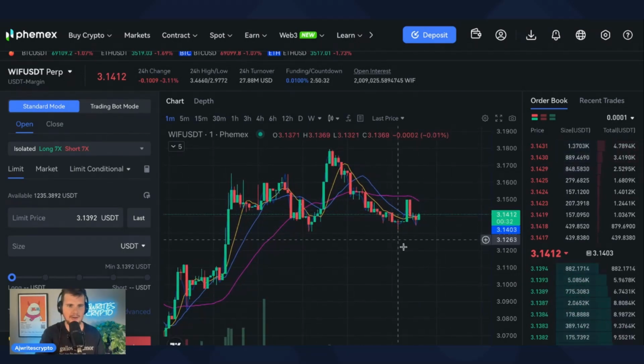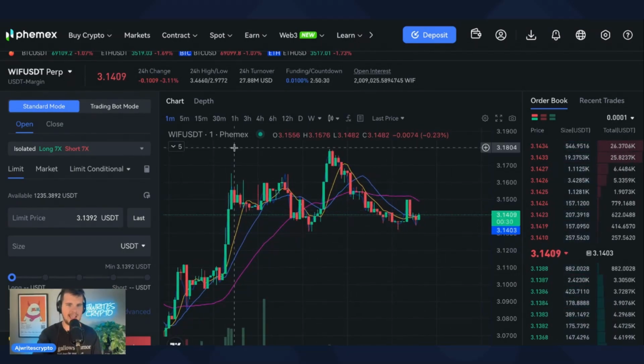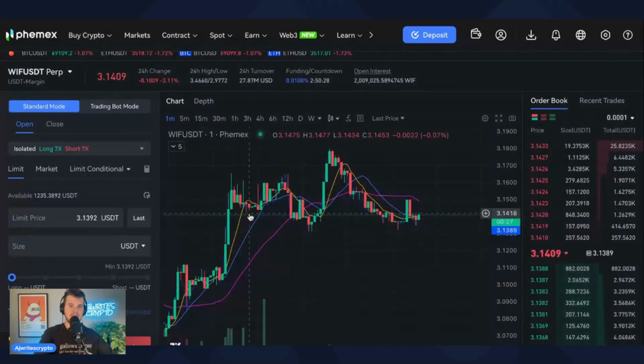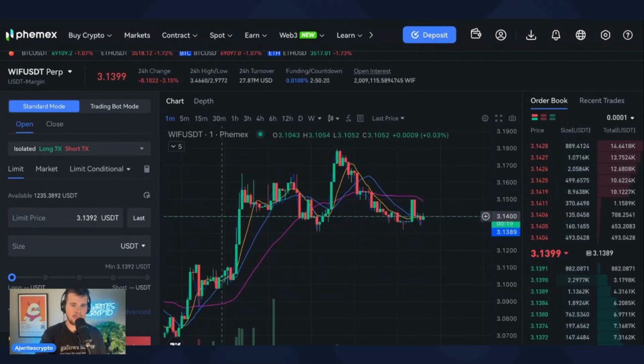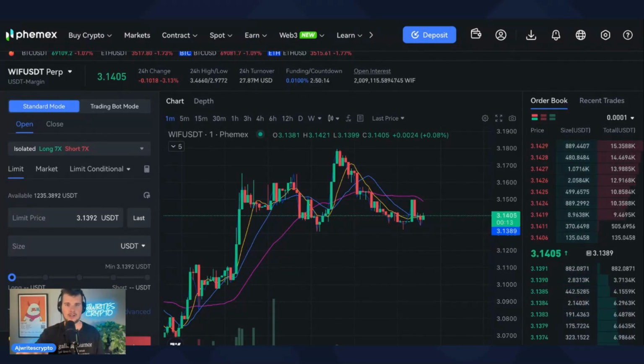We got a slightly higher low right here. This is not real TA. I'm just, what am I going to do for the demonstration trade kind of thing? I do have like $1,200 right here in the contract account right now, after I move that $100 over. But you definitely need to make sure you move that money over from your spot account into your contract account